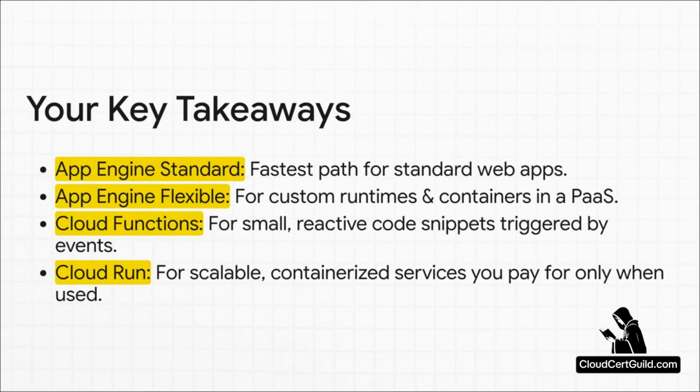So let's wrap all this up. Here are the key things to burn into your brain. Go with App Engine Standard when you have a normal web app and you just want the fastest, simplest way to get it online. Choose App Engine Flexible when you need custom libraries or your own container, but you still want that managed platform experience. Pick Cloud Functions for all those little reactive bits of code that just need to fire when an event happens. And finally, use Cloud Run when you want to run scalable, containerized services and only pay for the exact moments